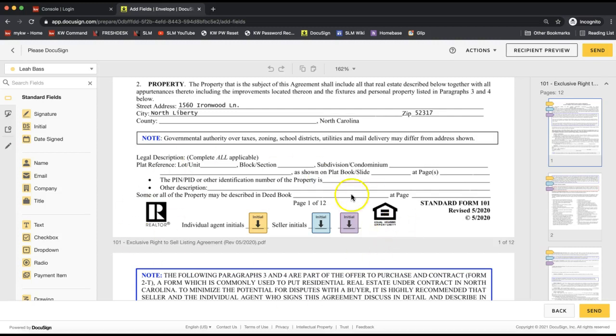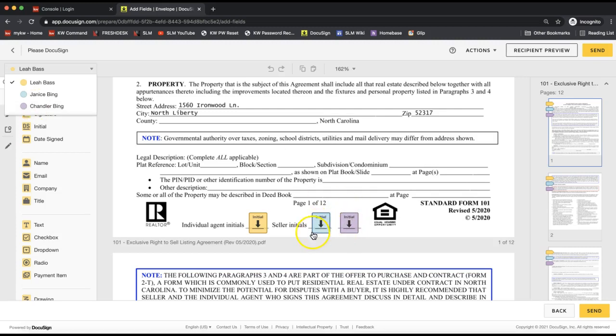The initial boxes will automatically display as well as a signature field. So if you scroll on your form, you should see both of those items. Signature fields and initial boxes, we do not need to add those. And you'll notice that the color of the initial boxes and signature fields will correspond to the drop-down on the top left. So if you click on this drop-down, you'll see your client's names along with that associated color. So this allows you to quickly eye over the form and be able to tell, okay, yes, both clients can